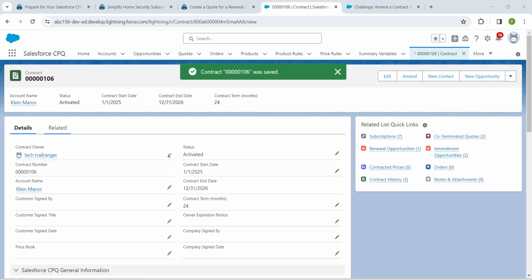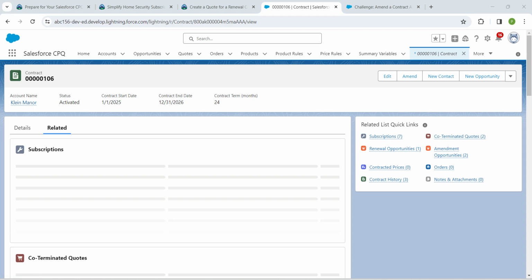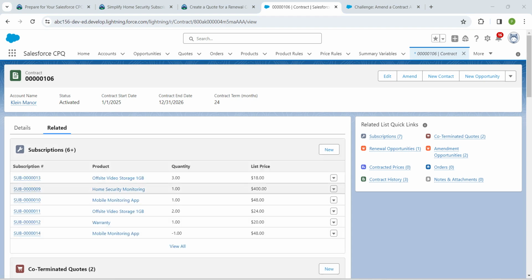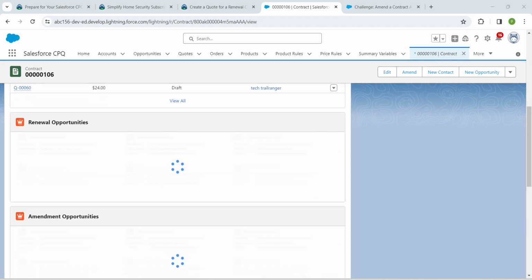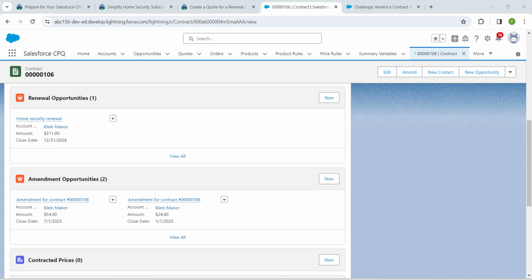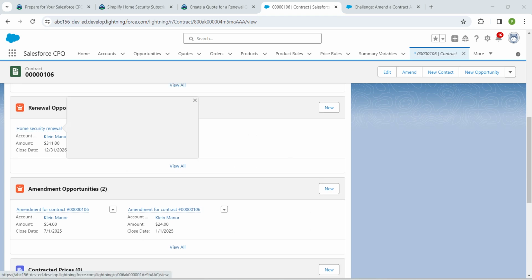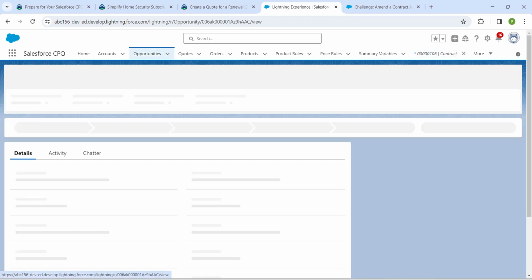So now click on the related tab again. Here if you scroll down, under renewal opportunity, you will find this home security renewal. Just click on it